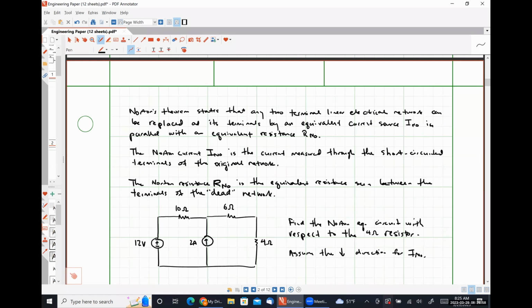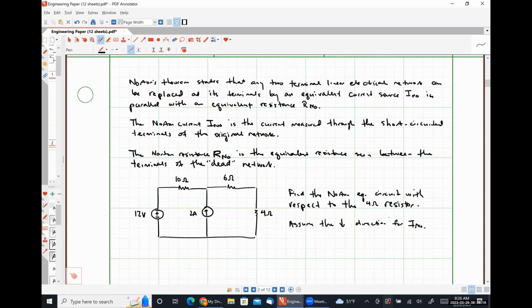It shouldn't matter in the long run, but if you are consistent, you'll get positive answers. Sometimes you'll get negative answers if you're playing fast and loose with things. Negative results for the resistance, which don't make a lot of sense, but it's because you did the wrong direction or did the wrong polarity with respect to each other. So anyway,